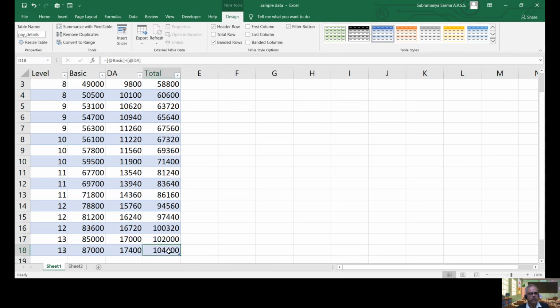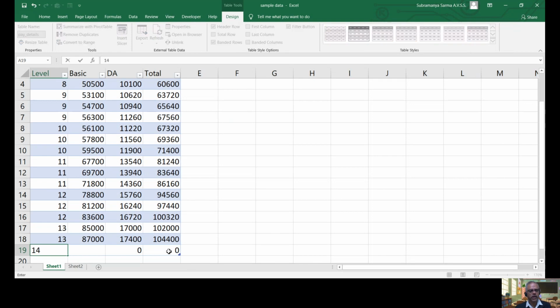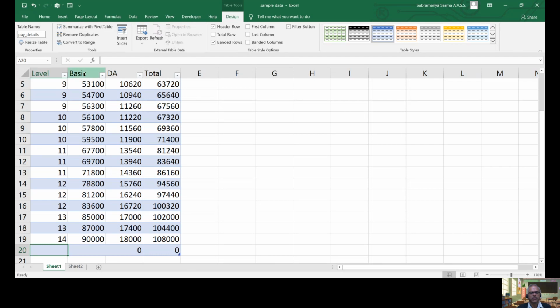I am just adding a few more rows, right? Say level 14, 87. Say I can say 90,000. It worked. But have you observed one more thing? Please observe here. Whenever I add rows, the column headings are always visible. This is not the case when we are working with normal data. Hope we all know that whenever we add rows, the column headings automatically disappear from the screen. But because this is a table, what happens? The column headings always appear on the top of the screen, so that it is easy for us